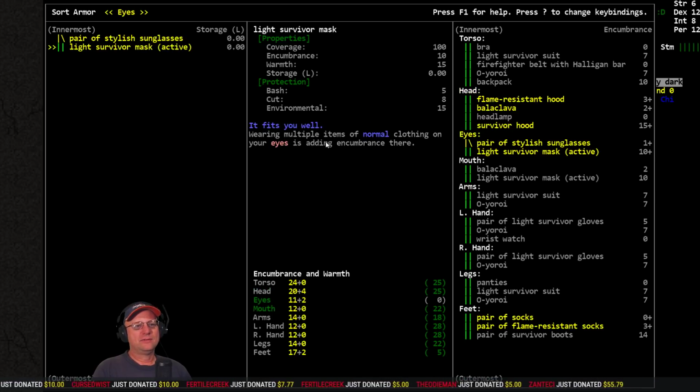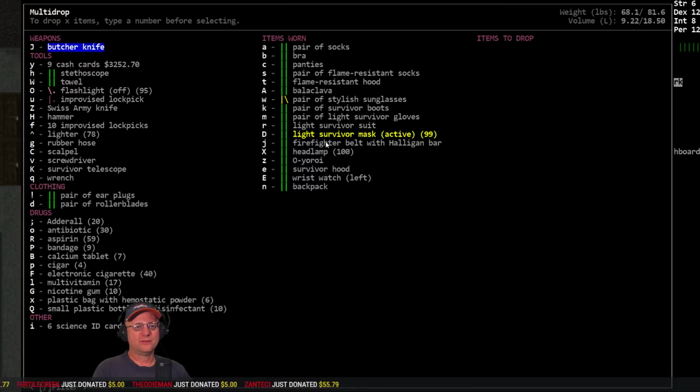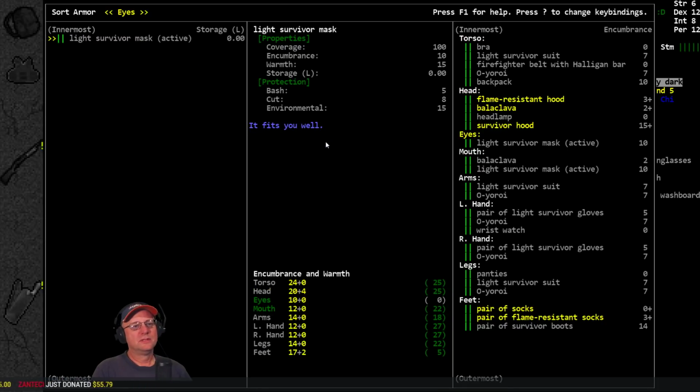For eyes, we're going to try keeping the mask on. I'm not sure if it's going to cut my vision down. And I don't need the sunglasses with the mask. We've got glare protection with the mask, so sunglasses can now get dumped. Back to the list. Alright, so we got the survivor mask. We're going to test out whether or not this is going to be a bit of a pain for recovering